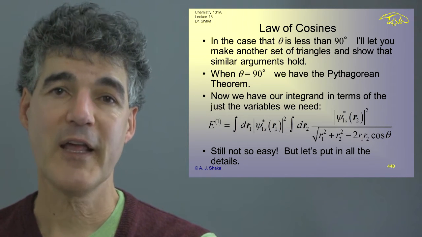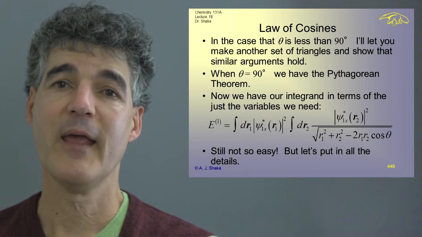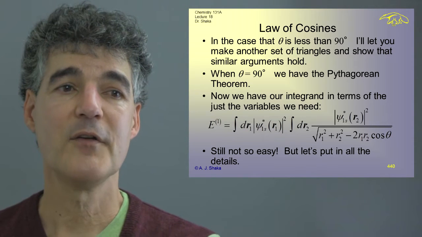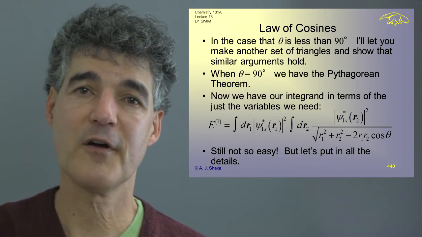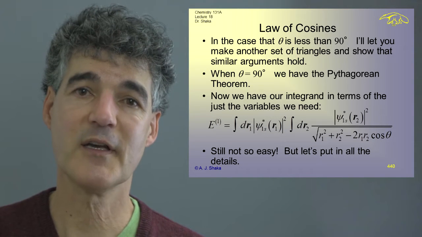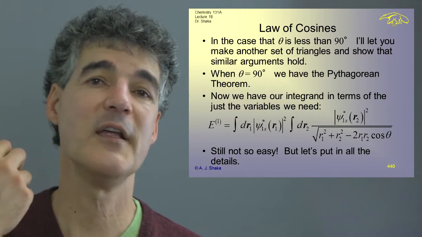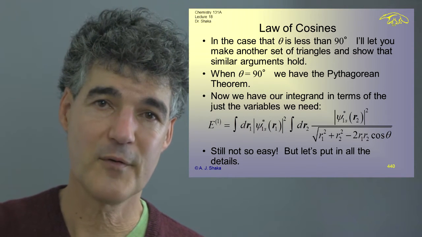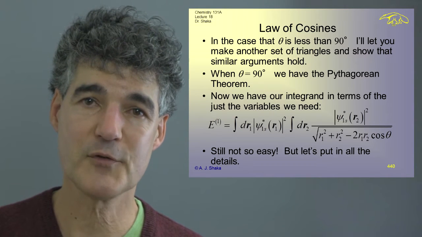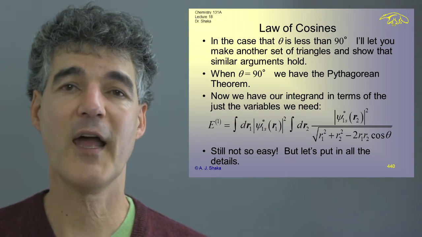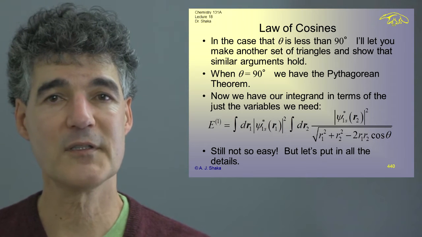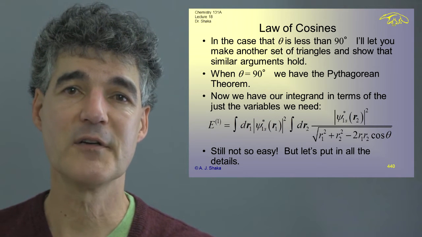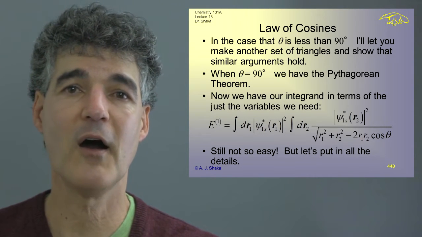And I have a shorthand notation here that I'm using, just to try to fit the equations onto the slide, basically. But I do a single integral d vector R2. What that really means is I'm going to integrate over phi, I'm going to integrate over theta, and I'm going to integrate over the scalar r from 0 to infinity. I'm going to do all those things when it comes right down to it. But just to keep track, as a placeholder, I've got that integral. It's going to be a triple integral, but I just write it as one to make the equation a little bit easier to see. But don't let that notation throw you off.